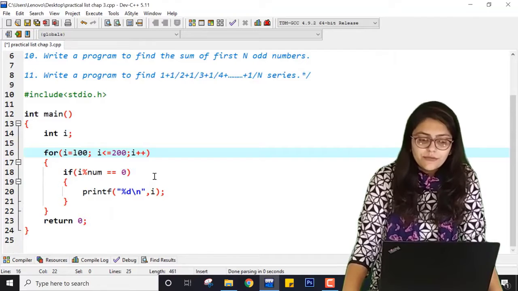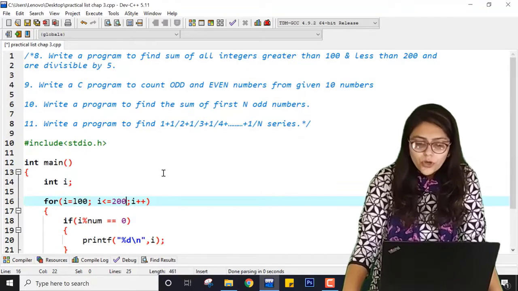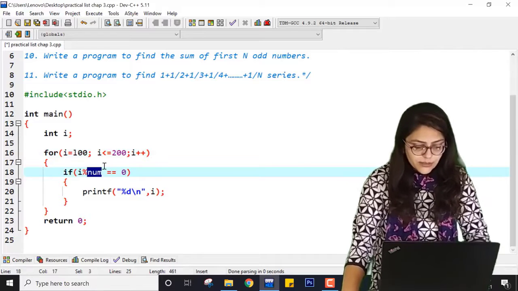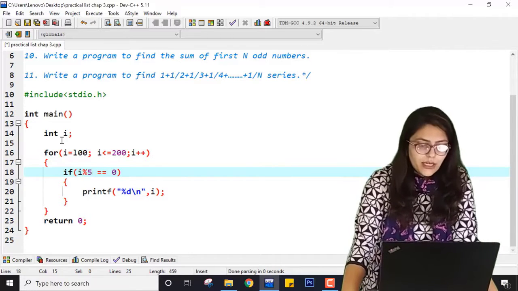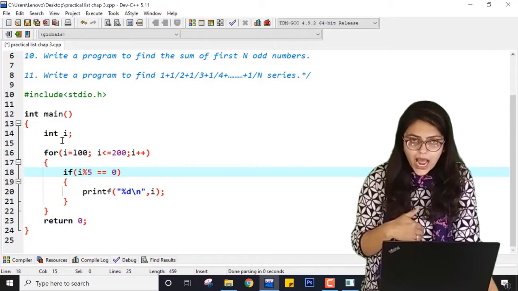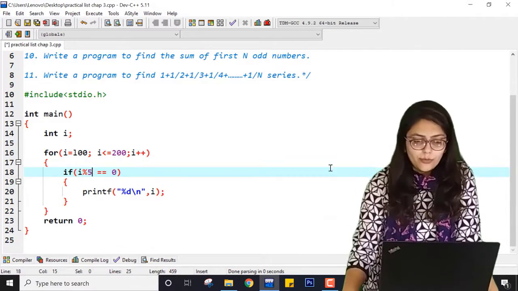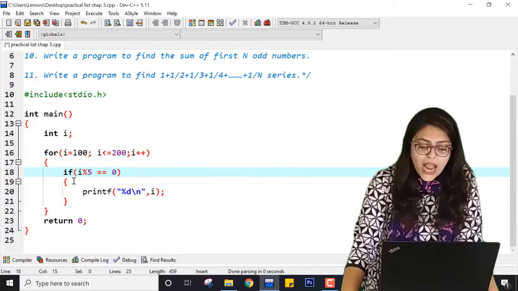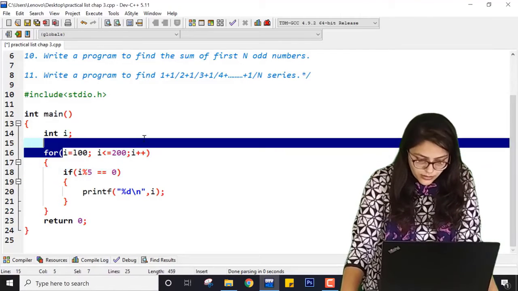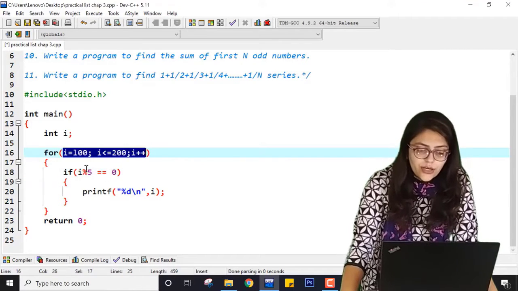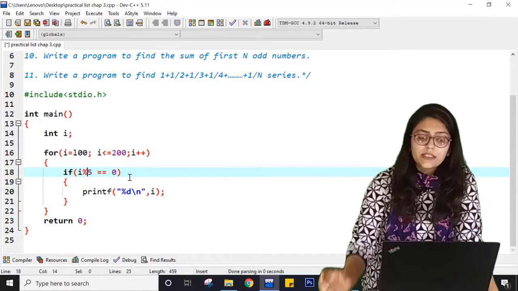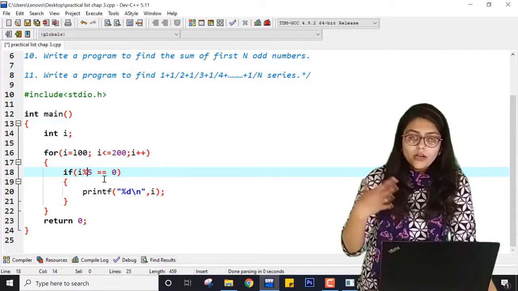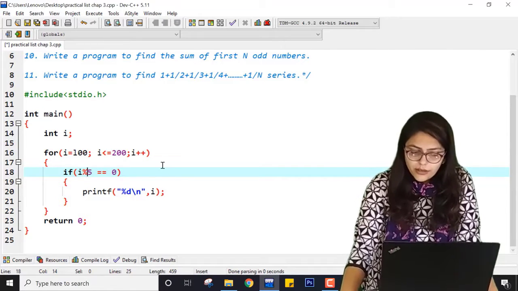So I will be starting from 100 and going up to 200, and divisible by 5. Here I don't need to get the higher value or the lower value because the range is already given, so 100 and 200 I have written. i's value is in this range, and they are saying if it is between 100 and 200 and divisible by 5. What does divisible by 5 mean? The remainder will be 0.